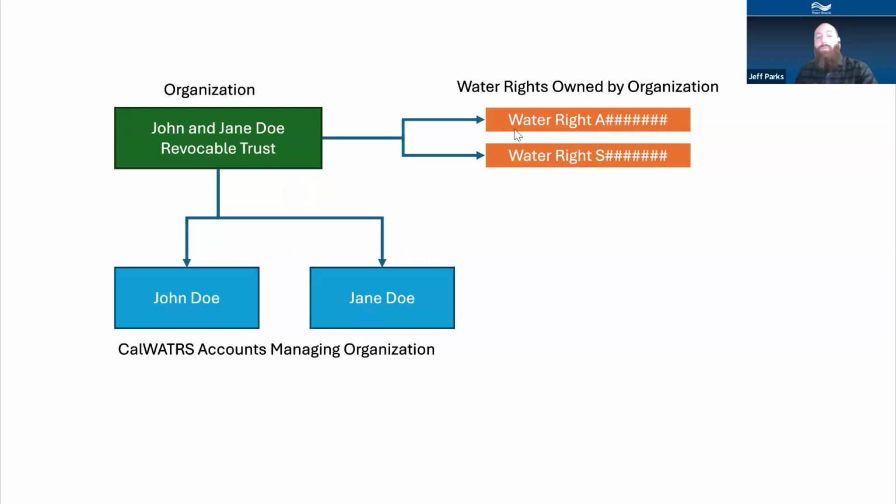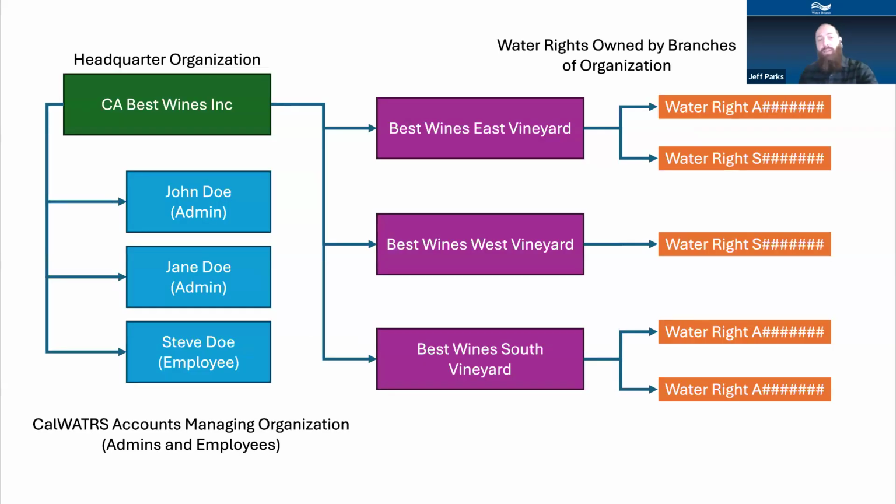But the water rights are held by the organization itself. Your CalWATRS account is what is connected to it, and we are connecting it to it, the first person using the PIN, any subsequent people using the request to join organization. There are more complicated setups that we can also do in here, and I'll show an example of that in just a second, where